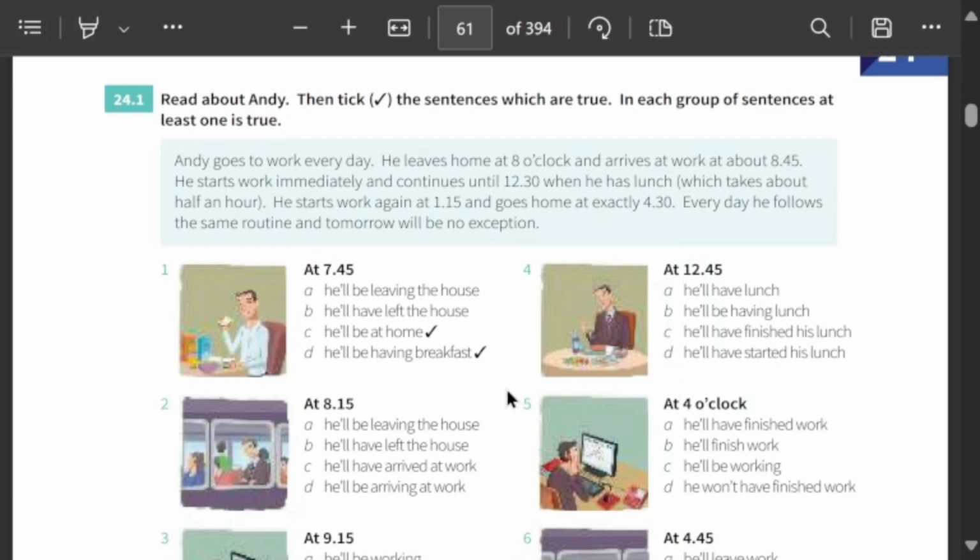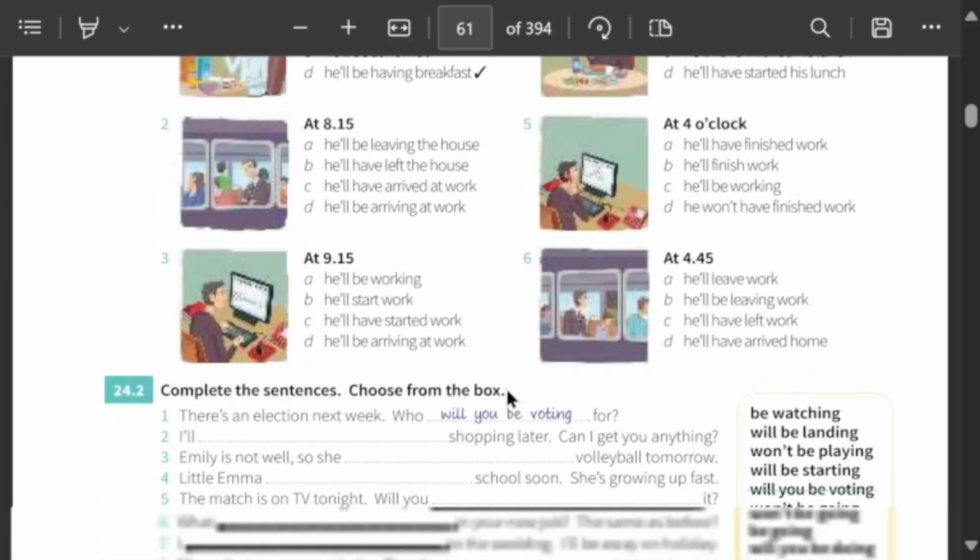24.1. Go. Now you can do this by yourself. I prefer if you do it by yourself. You get to think more. If you're by yourselves,